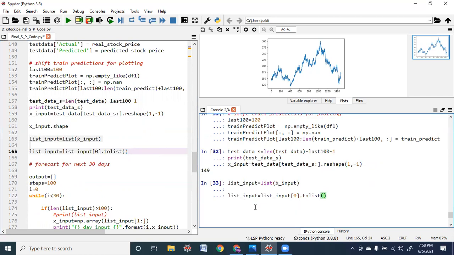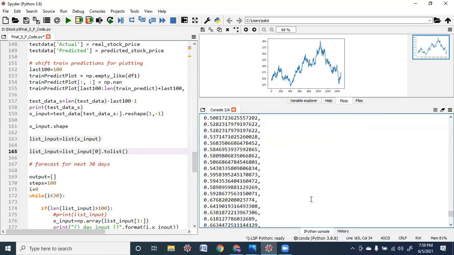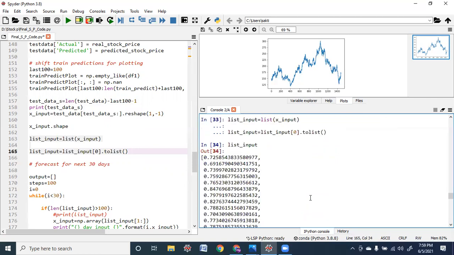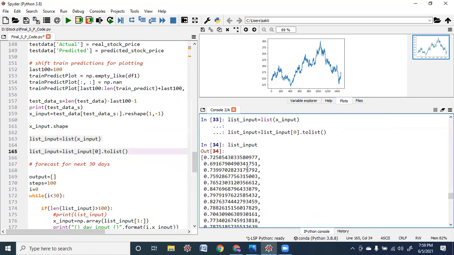Now we'll create a new variable called list underscore input, which is a list as such, which will hold 100 records. Let us see the content of list underscore input. So here we have got 100 data. So now for the first record,